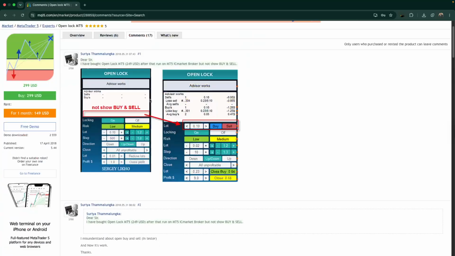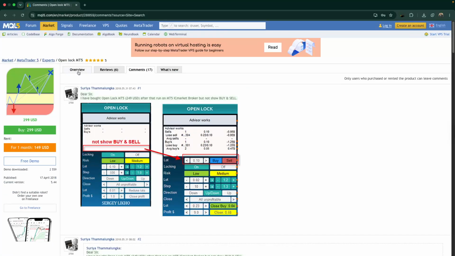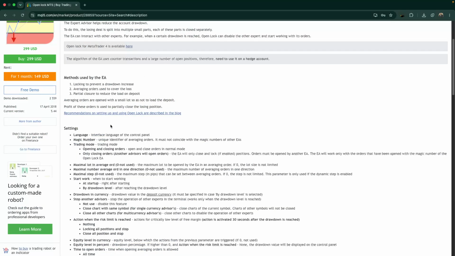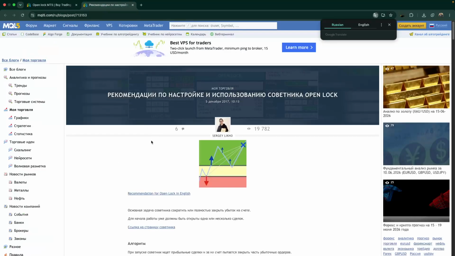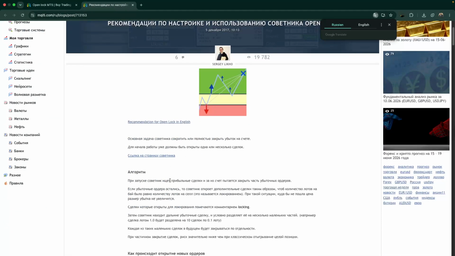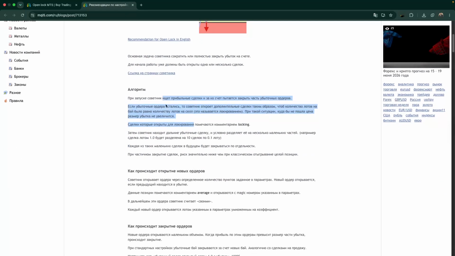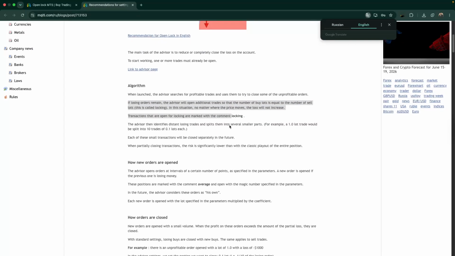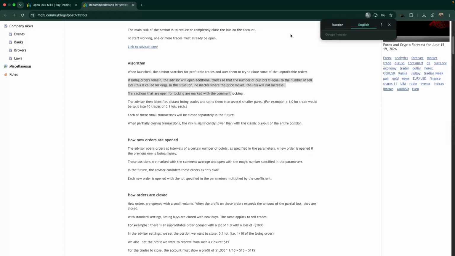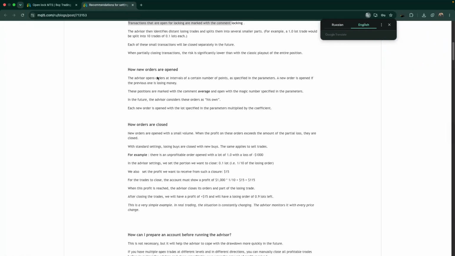Now, it's important they also have a blog. They have a blog here where they have recommendations on setting up the EA. Although this blog is written in complete Russian language, not English, so you need a translator to be able to read what is here. Okay, I just downloaded my translator from Russian to English, as you can see, and this is what we have,